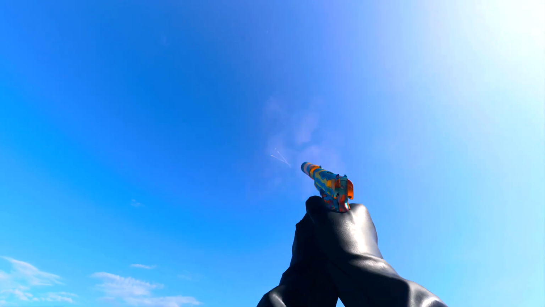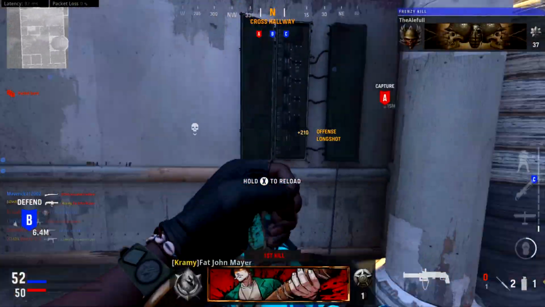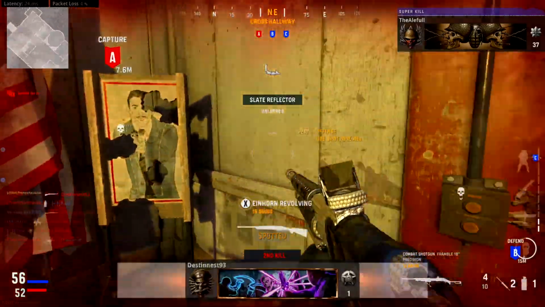Good thing that throughout the year for Vanguard's life cycle, we've been getting a lot of double weapon XP events, so anytime you see a double weapon XP event coming up in the next weekend or so, take advantage of it and make sure that you're not just focusing on camouflage challenges, but simply focusing on leveling up the guns in general. And then once you have a weapon at level 70, move on to the next one,